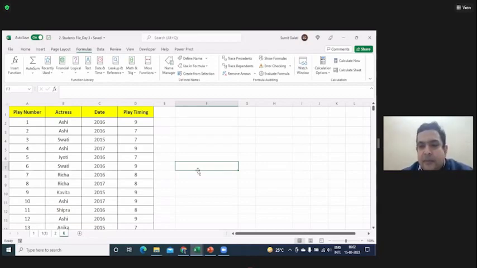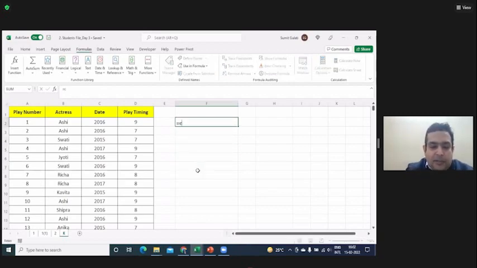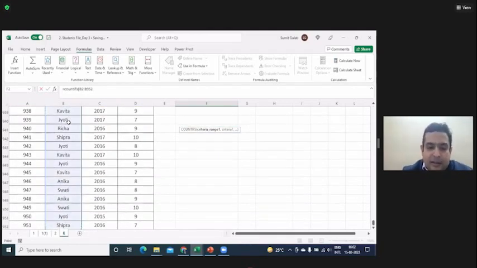You used the COUNTIFS, that was fine, but while creating the formula, what was the biggest issue? Selecting the data range. Had it been 20,000, what did you do? You selected this range, then said Ashi, and then you dragged it from the right side to the top. Right or no?